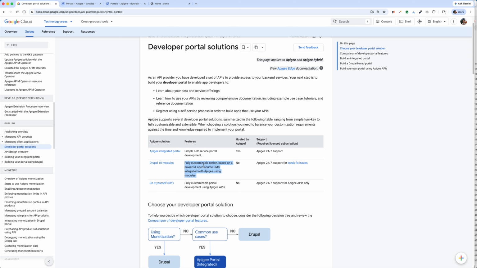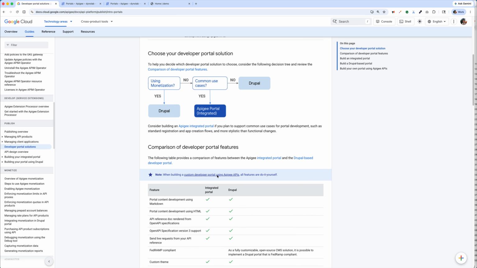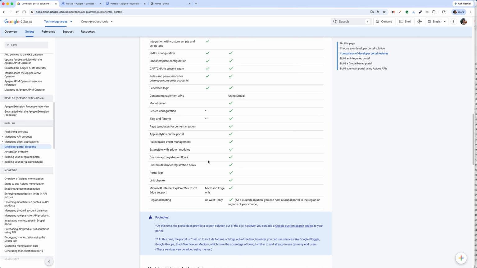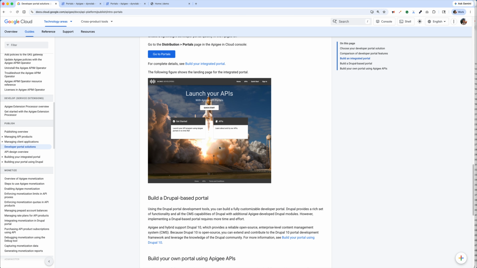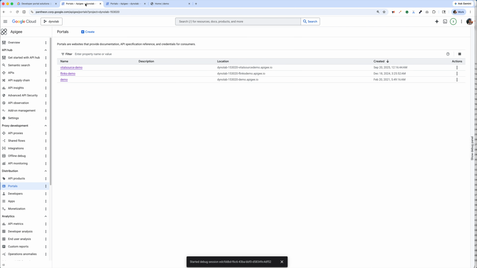Of course, in case none of this is suitable for you, you can decide to do it yourself, a DIY solution by consuming the Apigee REST Management API. So you can definitely browse through more details below, and the following table illustrates what out-of-the-box capabilities the integrated or Drupal portal will be able to offer to meet your requirements, and which one will make more sense. For the purpose of demonstration, for the sake of simplicity, I'm going to show you the integrated portal experience. To get started, I want to go back to the Apigee console and navigate to Portals under